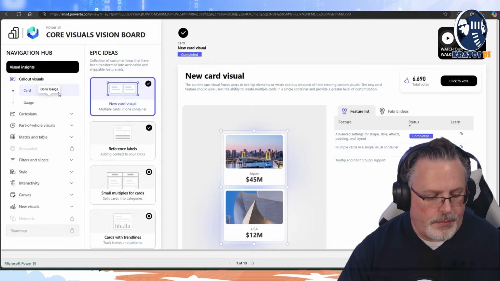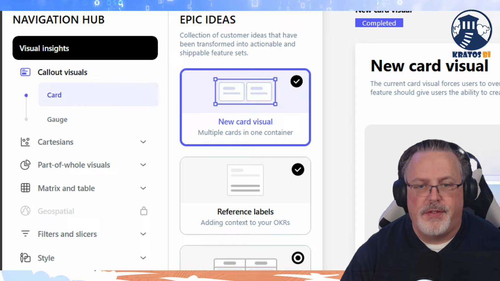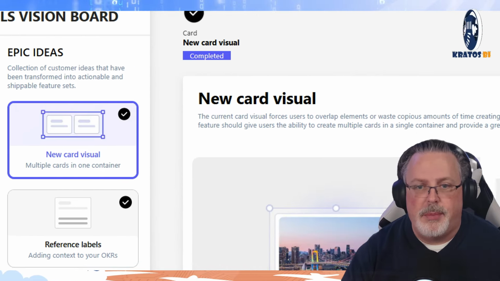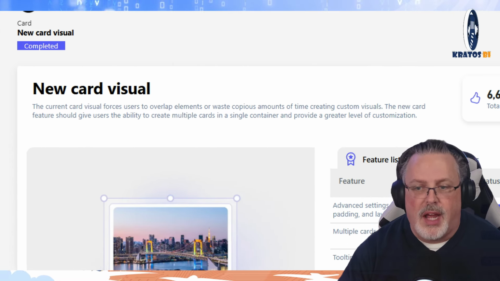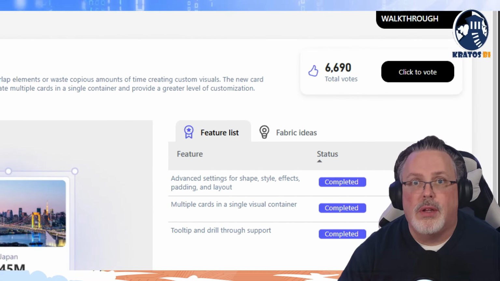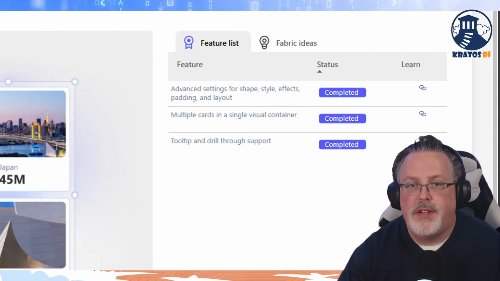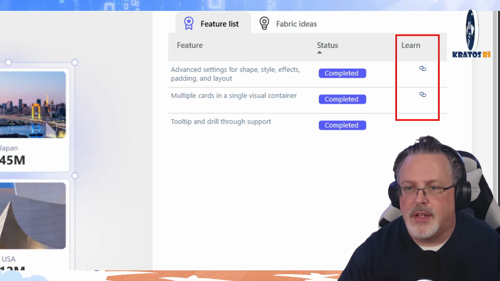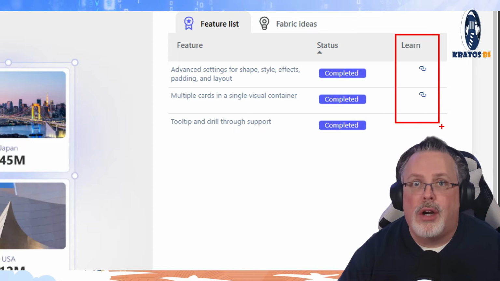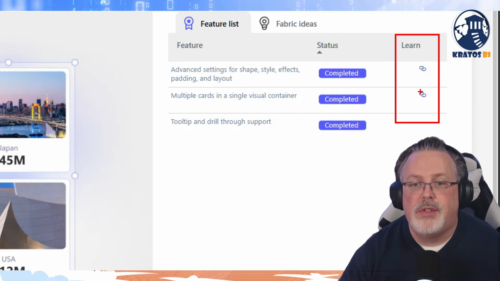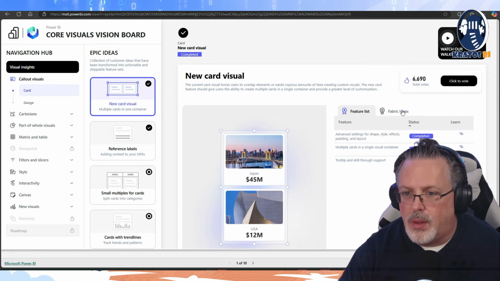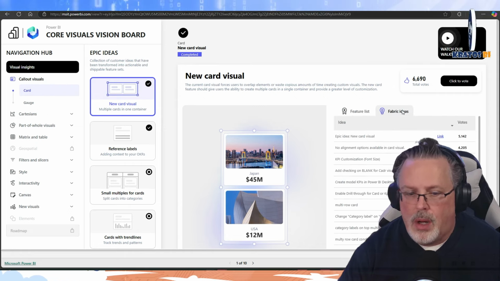First off, let's talk about the card visual and the new card visual. Now, this is something that the team has already completed. This is out, and you can actually go and look at all of the feature lists that are part of it, as well as, oh, check this out. There are Learn articles that go with how to use each one of those components. That is fantastic. And oh, there's Fabric Ideas here too. Holy cow,